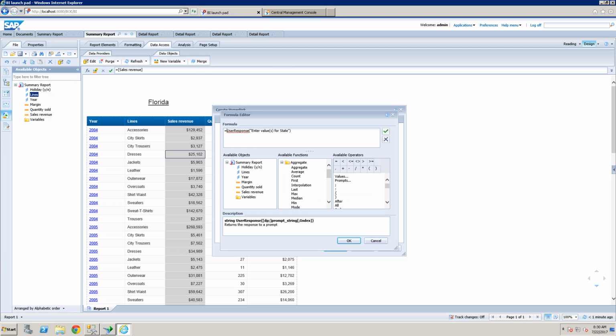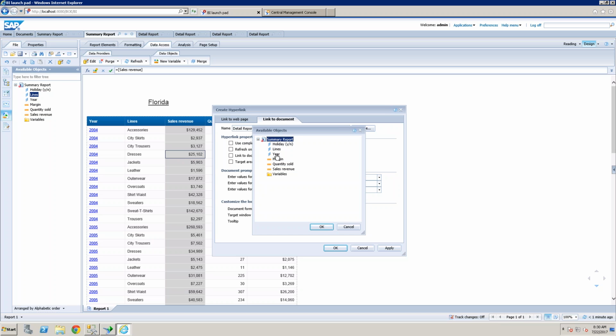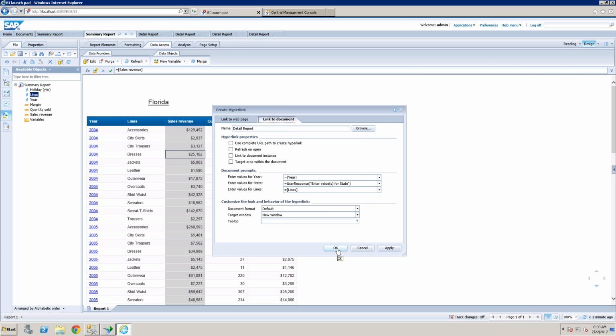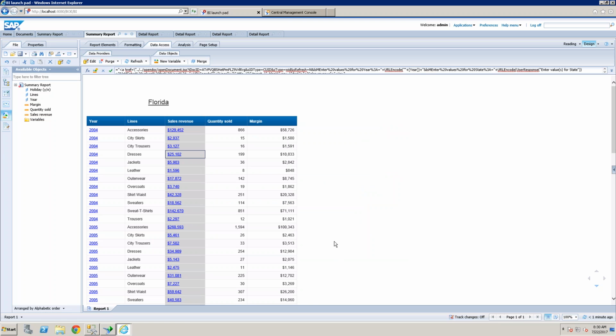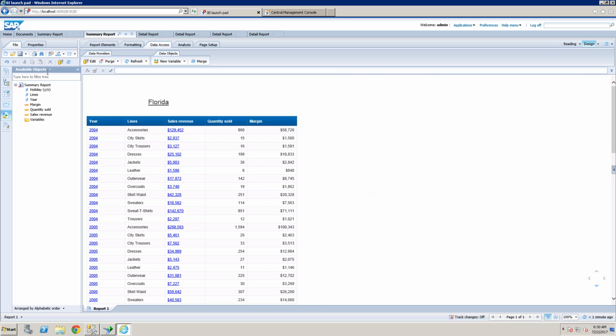Okay, validate this, click OK. And also the product lines, choose the product lines here, select an object, choose the product, click OK. Fine. So it is showing a new link, opening a new tab, right? Okay, fine, no issue.